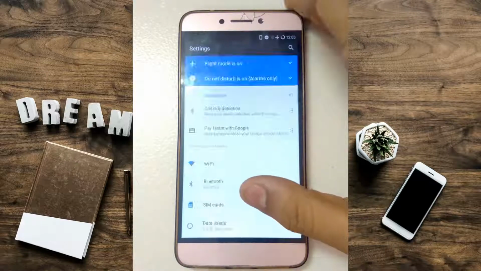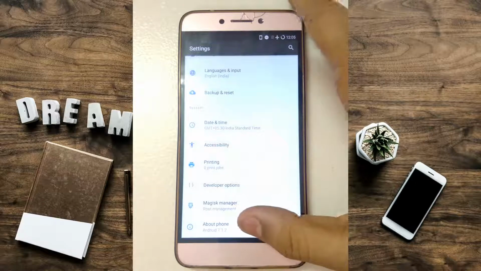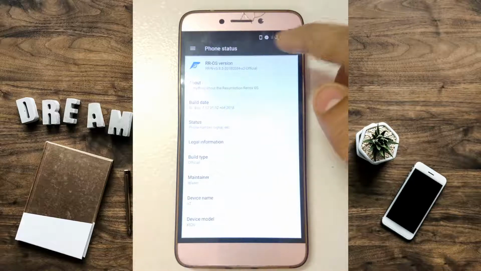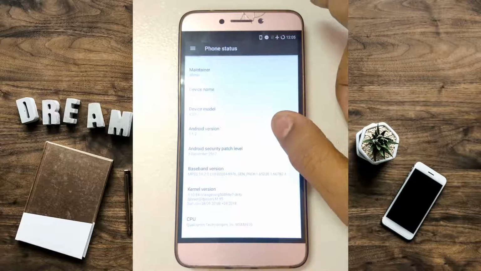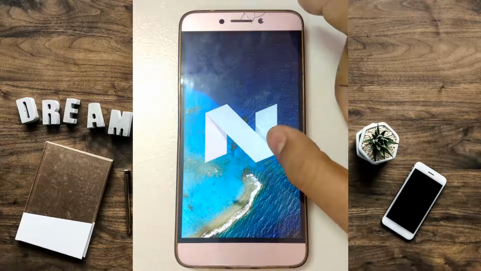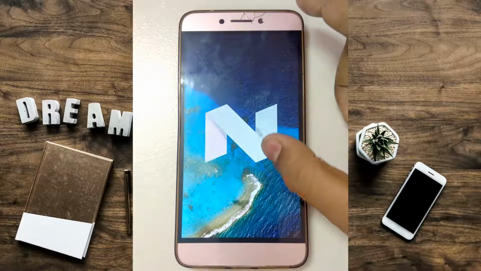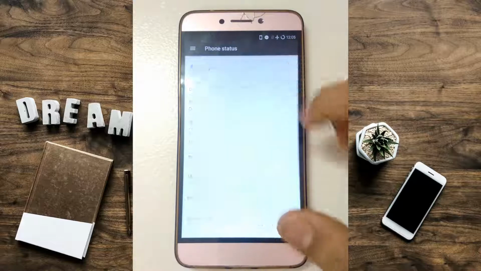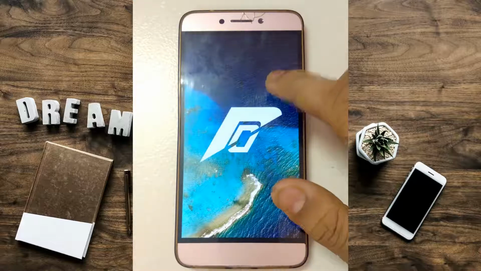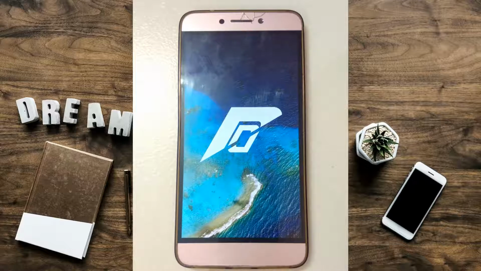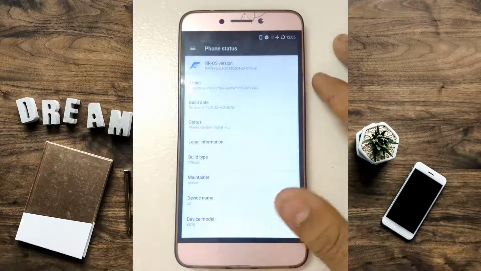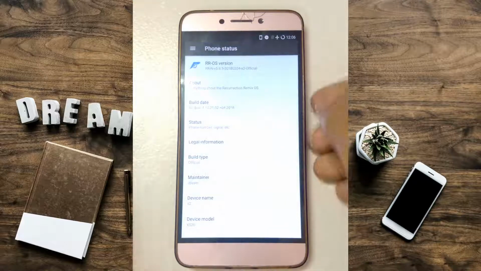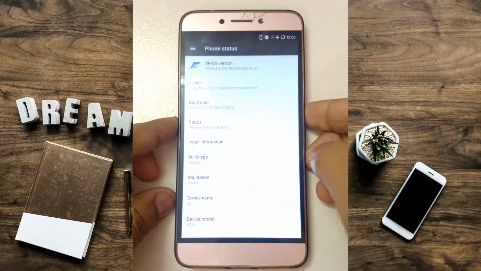Now guys, as you can see that my device had started and our RROS had been installed in our device. So guys, now we will check whether we lose our recovery or not.